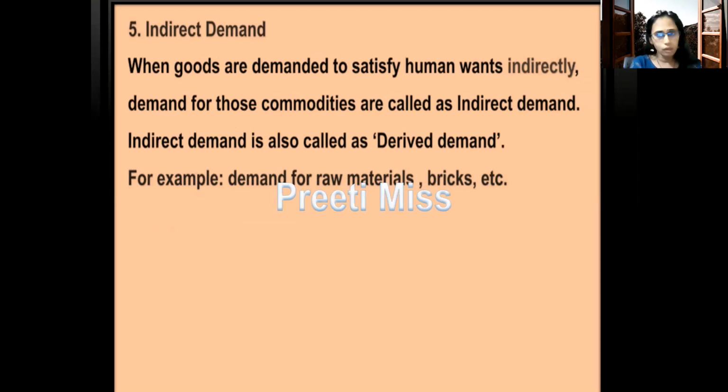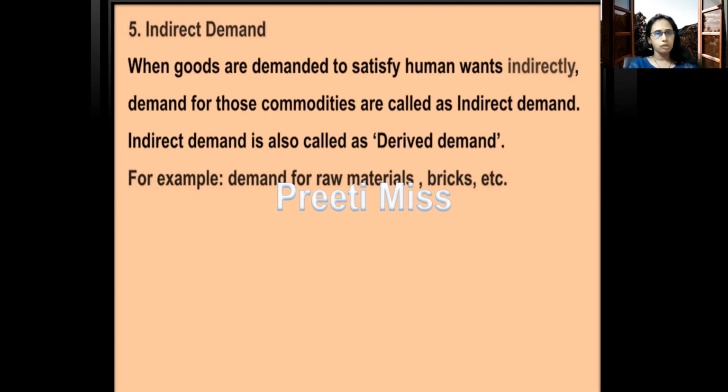Now you have studied factors of production in 11th standard. How many factors of production are there? There are 4 factors of production. That is land, labor, capital and entrepreneur. All these factors are important for production. That's why they are called factors of production. Land, we utilize land, we pay rent. Labor, we pay them wages. Capital, interest, and entrepreneur gets profit. So these are the 4 main factors which contribute or which help in the production. That's why they are called factors of production.